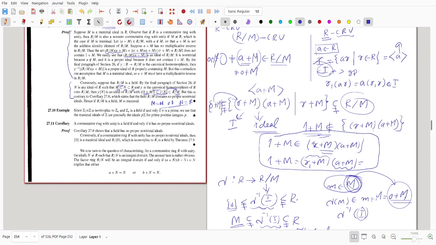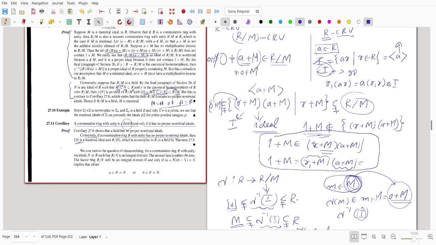Now we have a corollary. A commutative ring with unity is a field if and only if it has no proper non-trivial ideals. So the one part is very trivial. If we start with a field, a commutative ring that is a field, then we already proved that it has no proper non-trivial ideals. Conversely, we need to prove the converse only. If R is commutative with unity and has no proper non-trivial ideals, suppose this, then